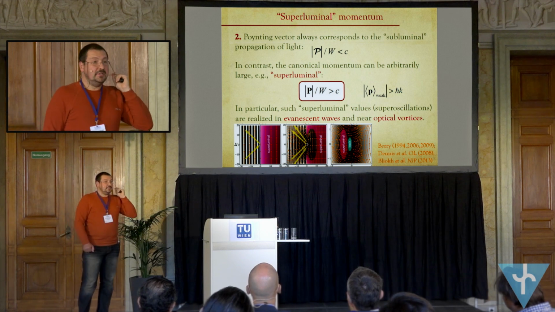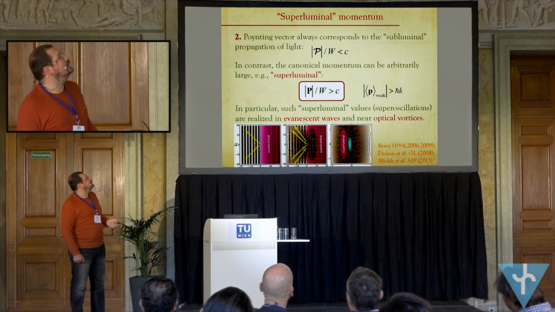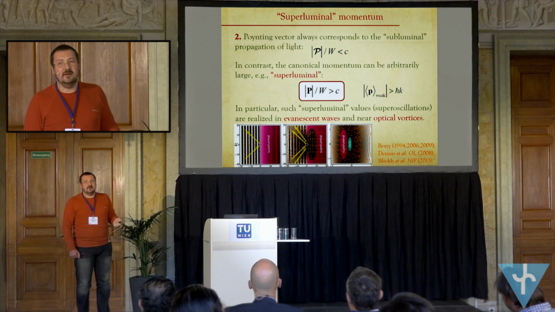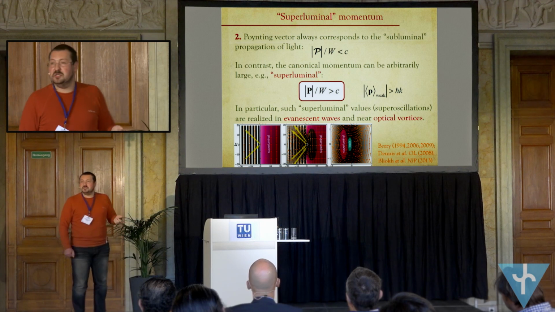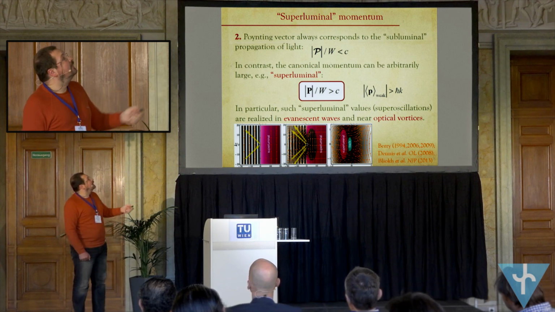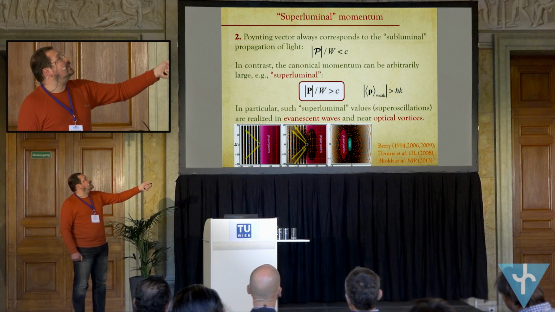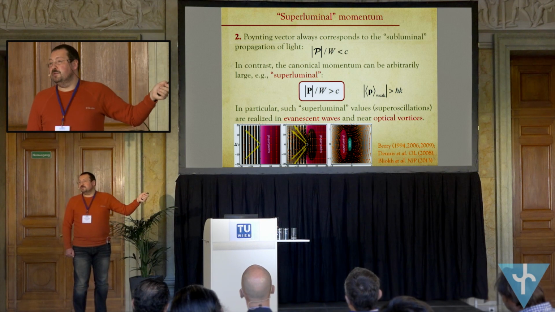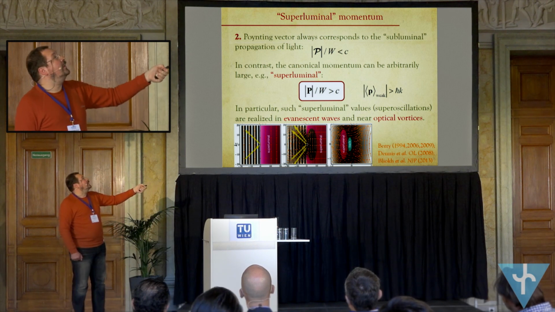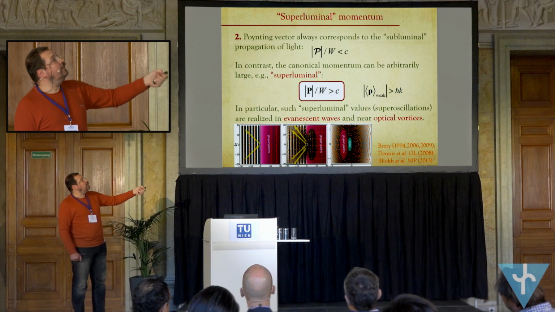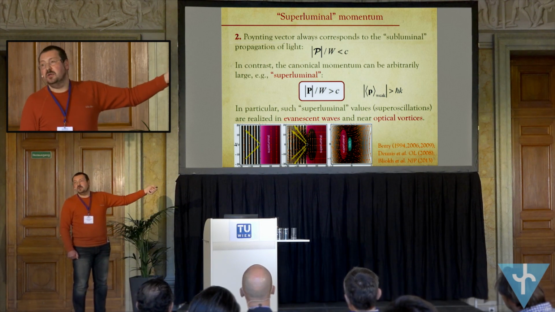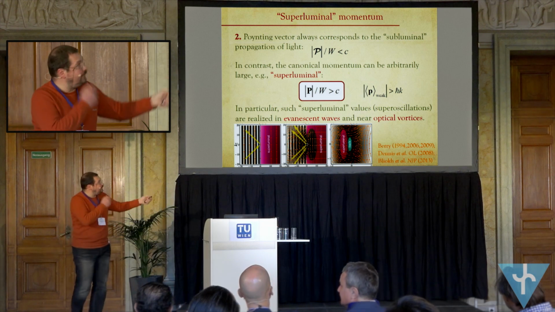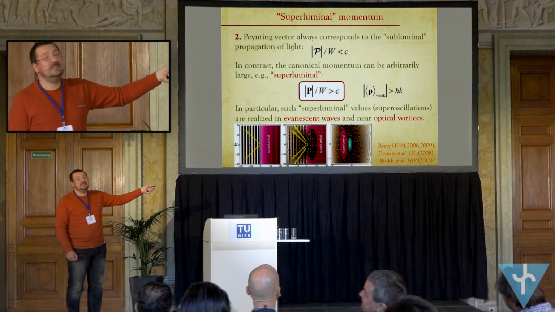Okay, and another prediction also related to weak measurement is the difference between the magnitude of the Poynting vector and magnitude of the canonical momentum, which we now use instead. So if we divide Poynting vector by the energy density or intensity of light, this provides the local group velocity, local propagation velocity of light. And for Poynting vector, it's always subluminal, always less than c. This is very easy to show in free space. But for canonical momentum, it's not restricted.